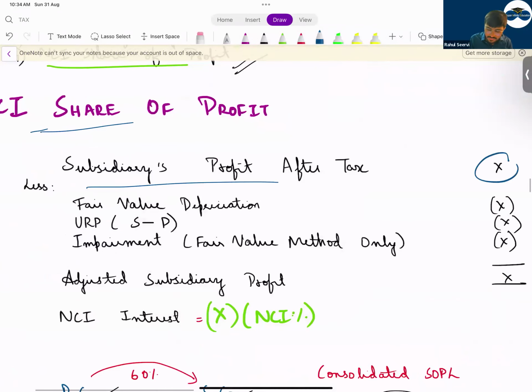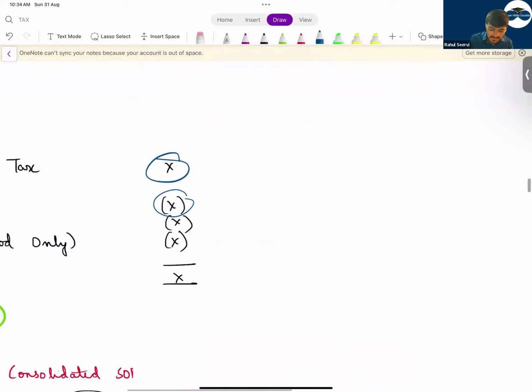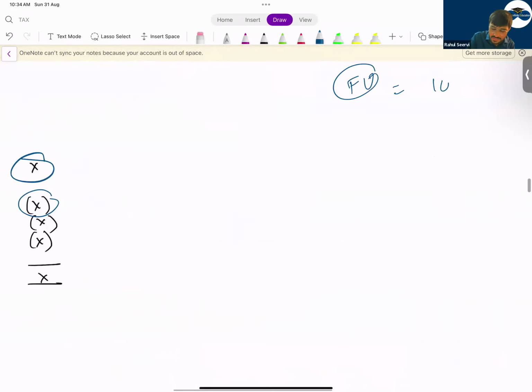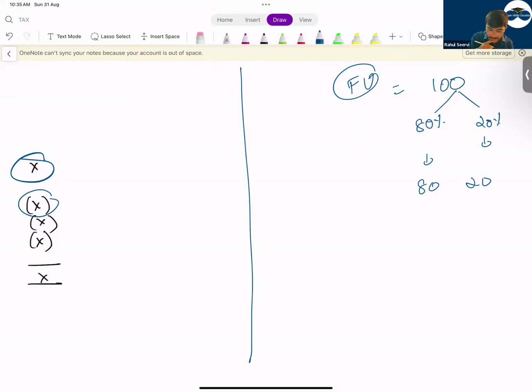See here now, how do we calculate the NCI share of profit? You take the subsidiary's profit after tax figure less fair value adjustments. Because of the fair value adjustment, the depreciation is increasing. In your F7 class you used to do this. But now if there is a fair value adjustment and the additional depreciation is 100, can I say this 100 additional depreciation belongs 80 to parent and 20 to NCI? Yes. So when you do vertical adjustments here, you should show minus 80 for parent, minus 20 for NCI. And above, you should show an expense of 100 in total.